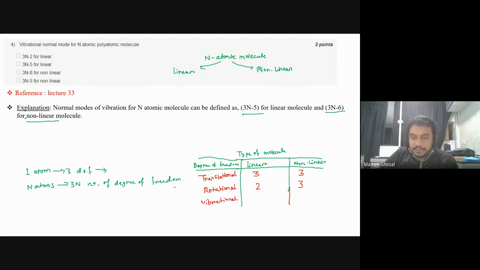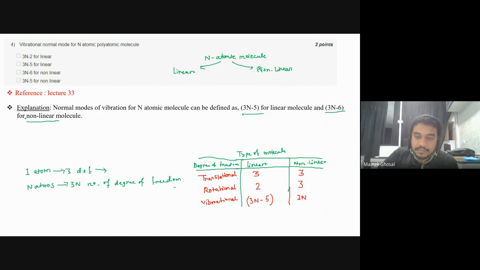So you know, the total number of degrees of freedom is 3n for each case. Now, translational motion has 3 different degrees of freedom. Rotational motion has 2 degrees of freedom. So total 5. So the remaining, 3n minus 5, will be the vibrational degrees of freedom for a linear